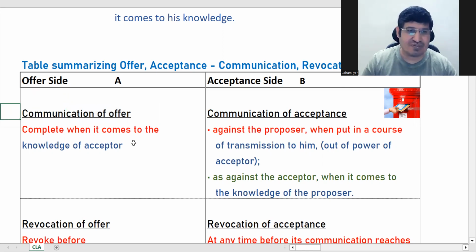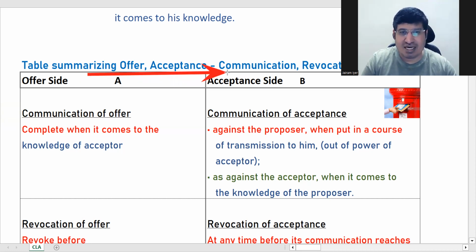तो फर्स्ट जो हमने देखे यहाँ पे, कम्युनिकेशन ऑफ ऑफर एंड एक्सेप्टेंस। ऑफर के वक्त दूसरी पार्टी नहीं है, यहीं से इनिशिएट हो रही है, ऑफर के पहले कोई पार्टी नहीं है। ओके, तो इट विल बी कंप्लीट व्हेन इट कम्स टू द नॉलेज ऑफ द एक्सेप्टर, ठीक है? ऑफर मैं दे रहा हूं आपको, ये कम्युनिकेशन कब कंप्लीट होगा? जब एक्सेप्टर के नॉलेज में आ जाएगा ये बात, ठीक है।